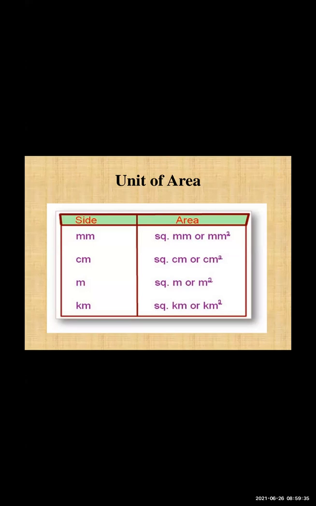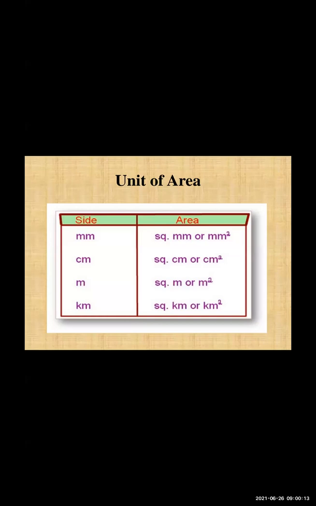If you see a football ground, it is in rectangular shape. We have seen what is meant by a rectangle: the opposite sides are equal, and the angle between them is 90 degrees. So one length is greater, and the width is smaller. Suppose 100 meters is the length and 50 meters is the width, then how are we going to find the area? What is the unit used to measure that ground?